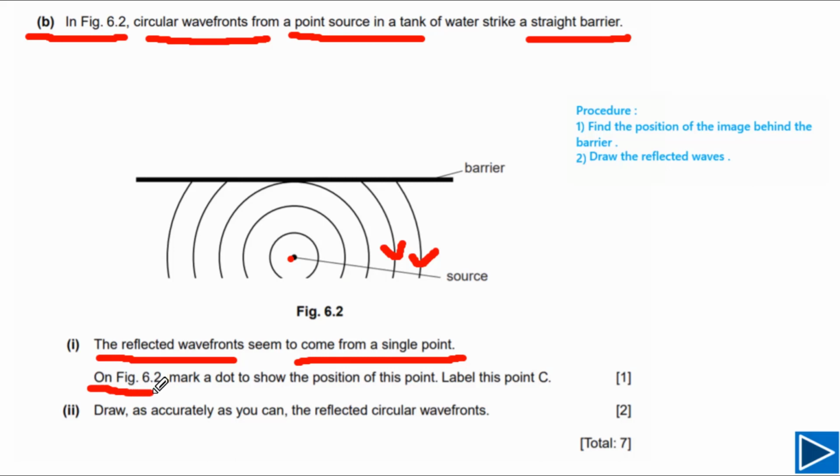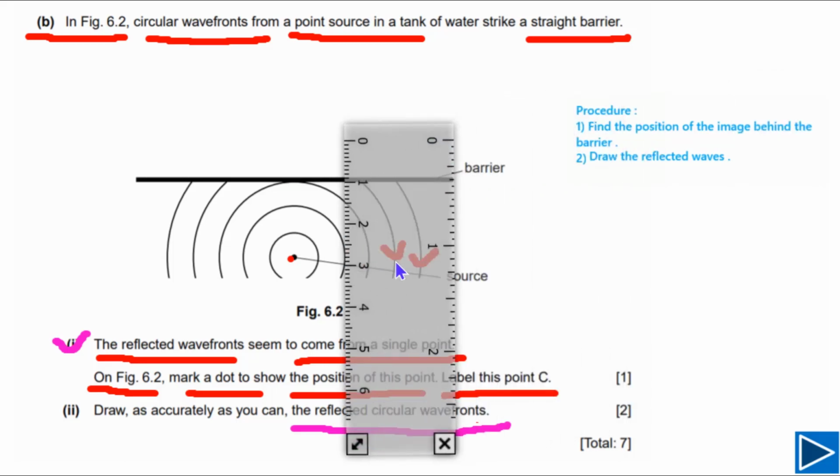On figure 6.2, we need to mark a dot to show the position of this point, and we need to label that point using the capital letter C. For the second part, we need to draw the reflected circular wavefronts. First of all, let's try to answer part 1. For part 1, we need to locate the position of the image, and that one has to be at the